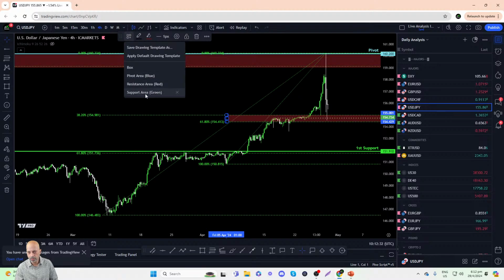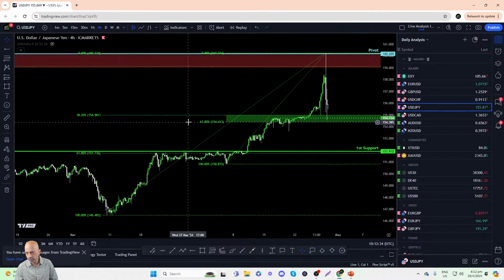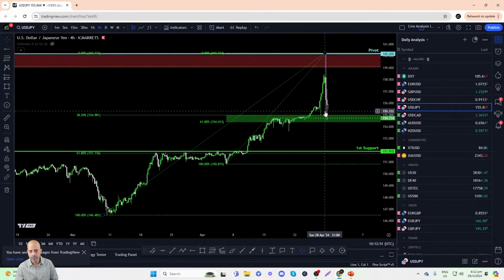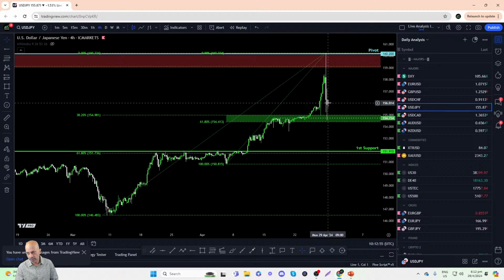Right, pretty strong support zone over here. So strong support zone for dollar yen between 154.40 and 154.98. Yeah, it's a pretty wide range, but we can see so far recent price action has shown that this level has held up. And if it does continue to go higher, we may see a potential opportunity for the dollar yen as well. So if you do decide to go long on the dollar yen as US markets come online,